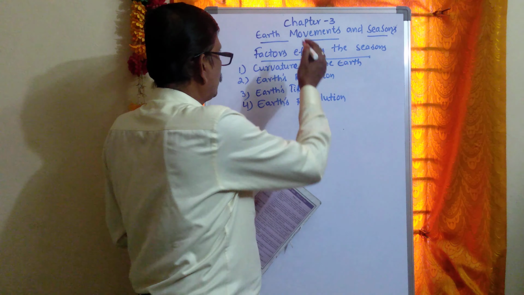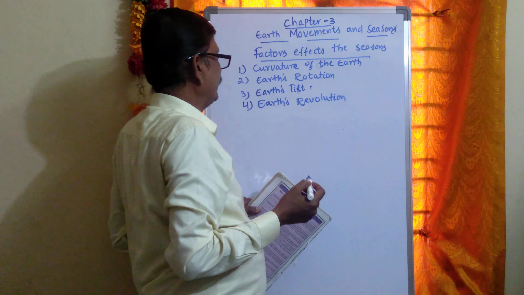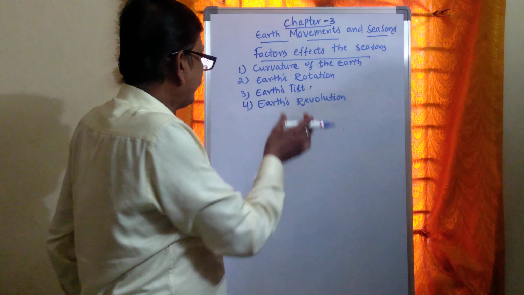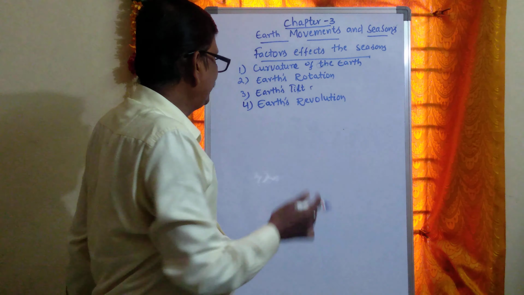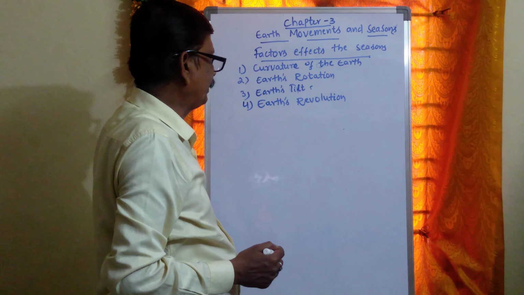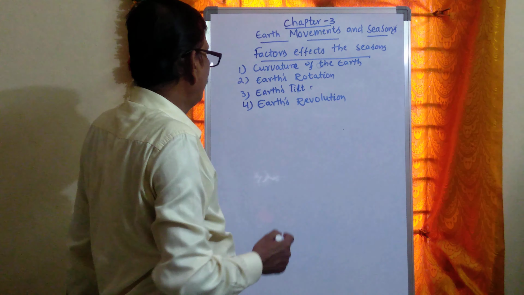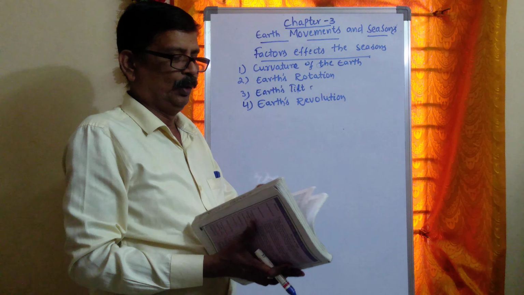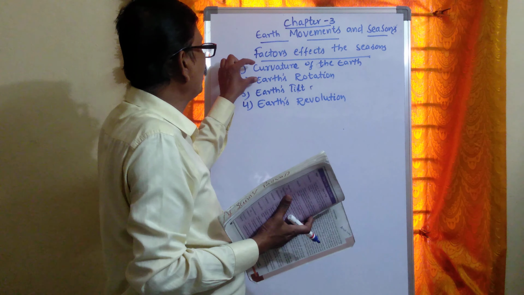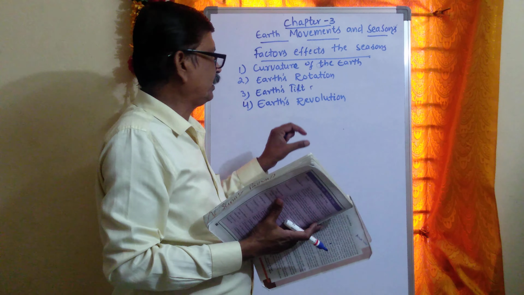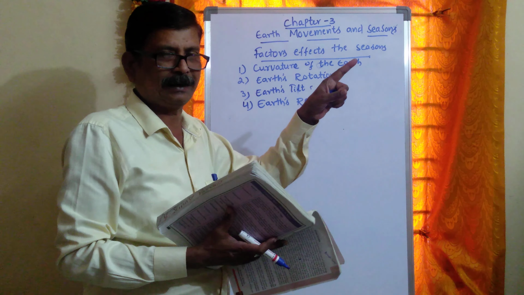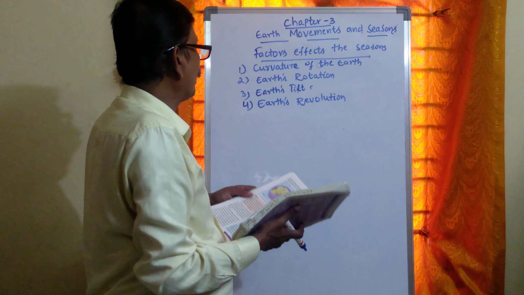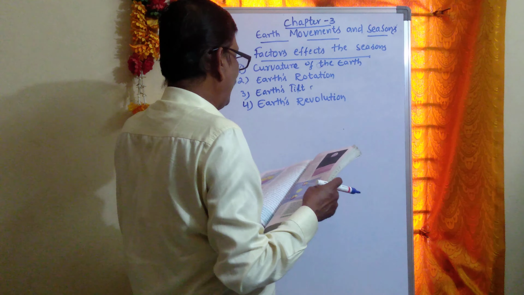We are discussing chapter 3, that is Earth Movements and Seasons. The factors that affect the seasons are these four: curvature of the earth, earth's rotation, earth's tilt, and earth's revolution around the sun. We have already discussed the curvature of the earth and the rotation of the earth on its own axis. Now we are going to discuss earth's tilt and the